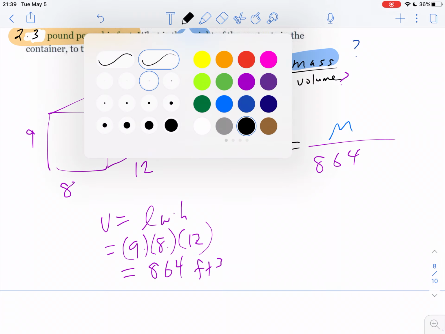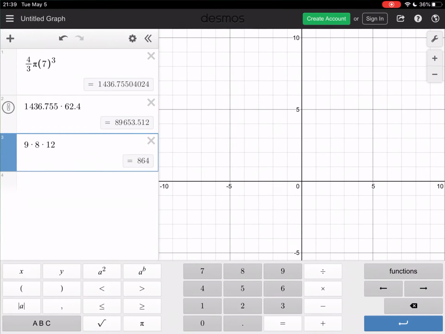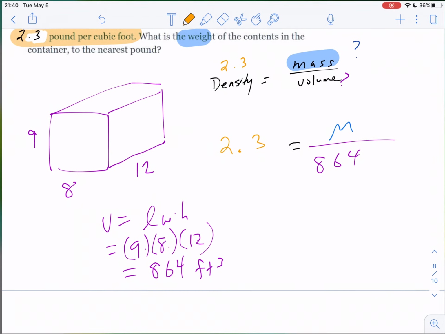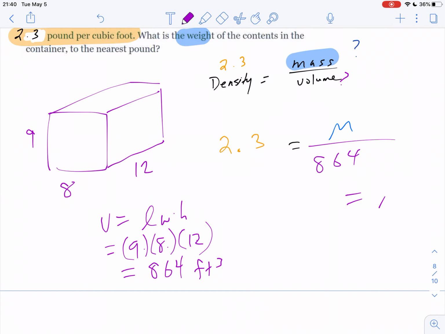And the density is 2.3. So just like before, multiply both sides by 864, the volume, to get the mass. So take this number times 2.3 gives us 1987.2. So to the nearest pound, this would weigh 1,987